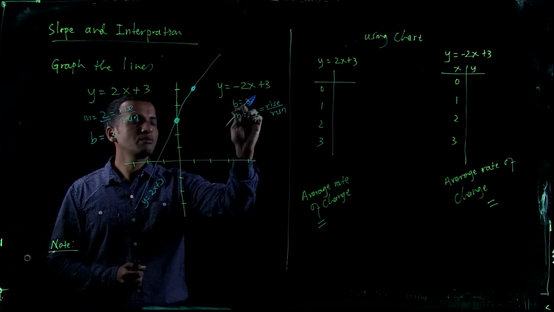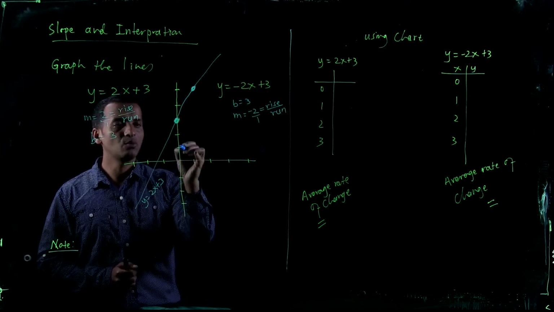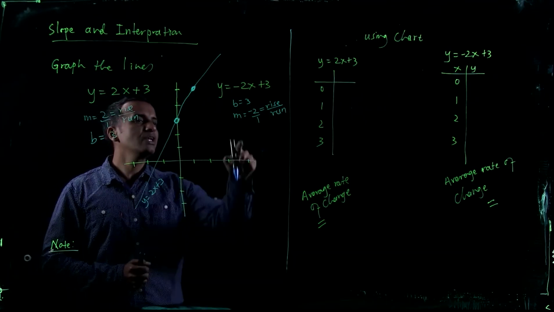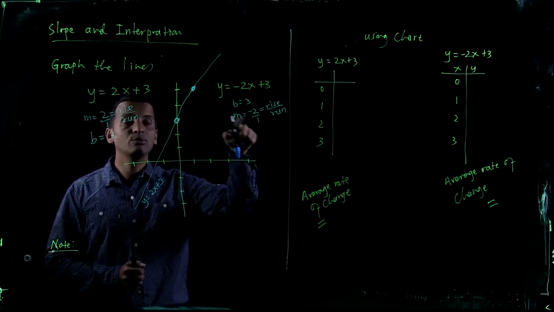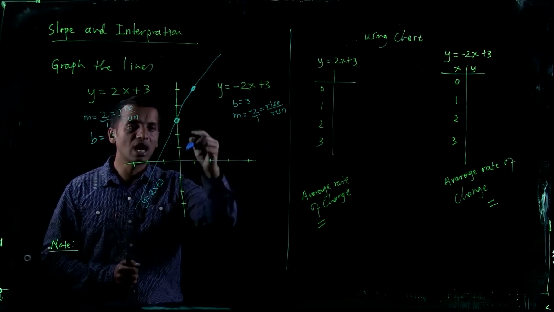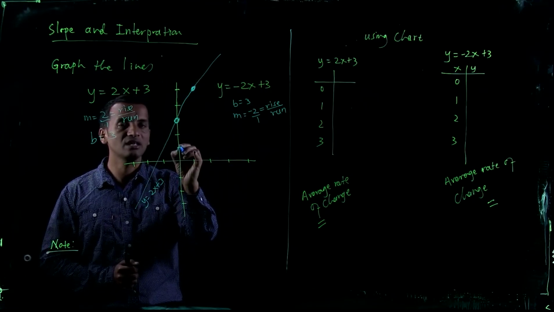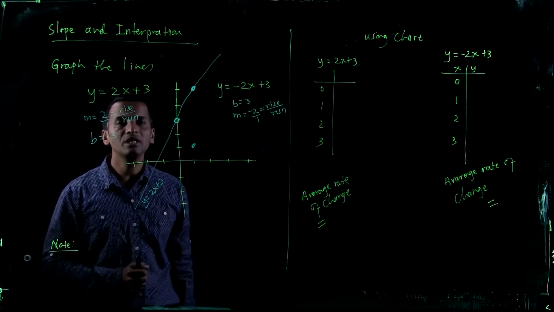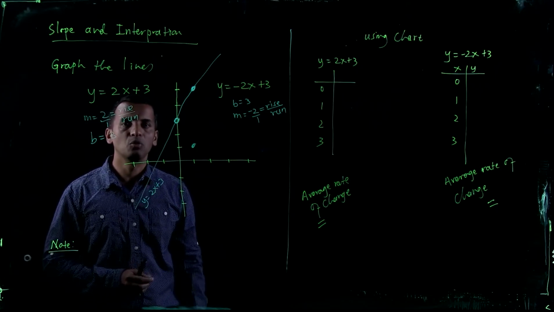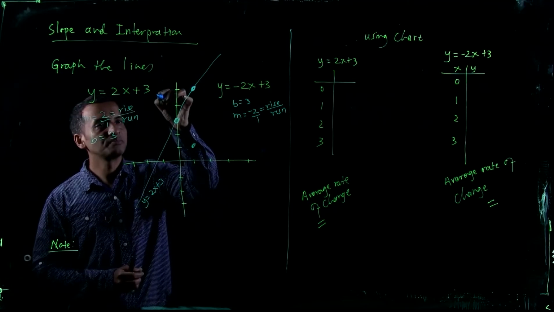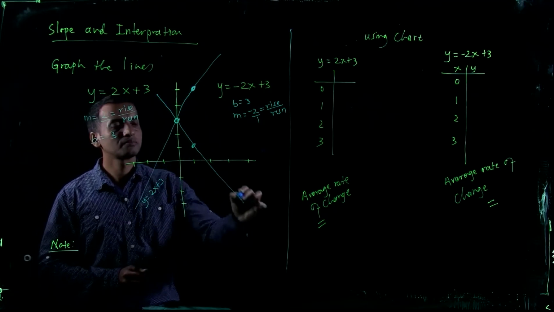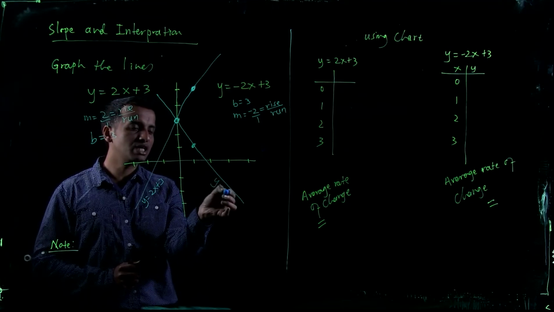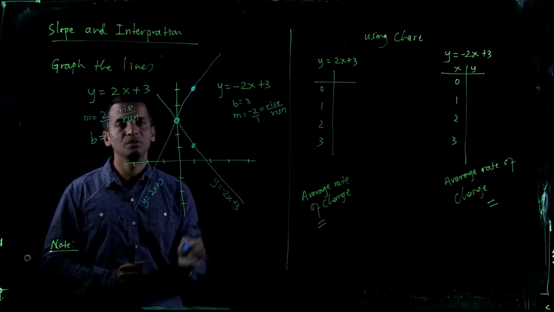First of all, go to b, that is the y-intercept, 1, 2, 3, that is positive 3, the same point, right? And then rise is negative 2. Instead of going up, you go 2 units down, you reach here and then 1 unit right. So this will be another point. Now you join it. This is what you got. So the equation is y equals negative 2x plus 3.